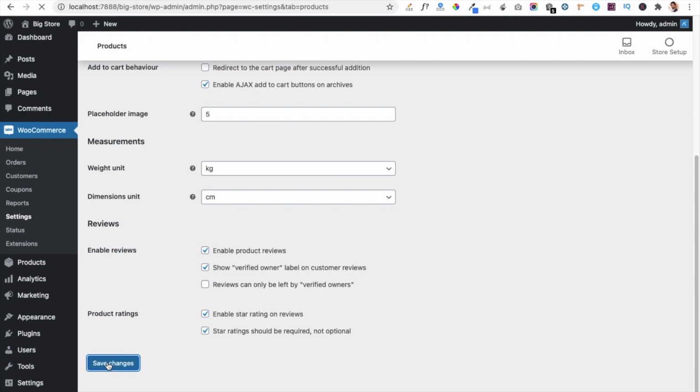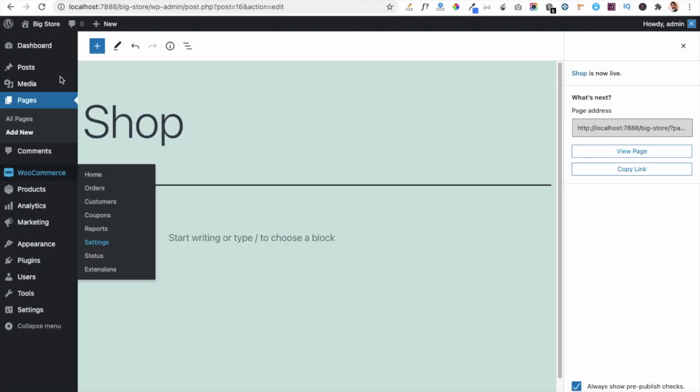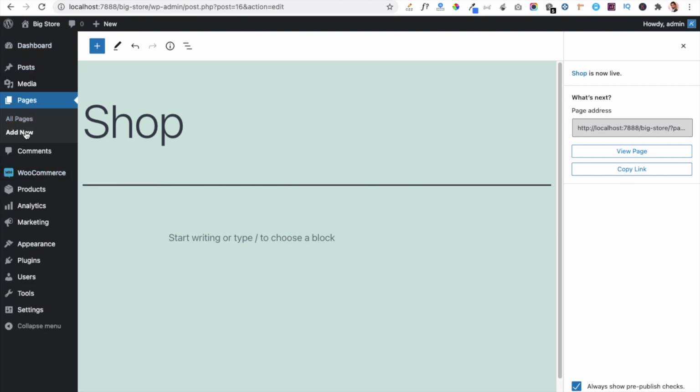Now we have two pages remaining which are essential for our WooCommerce website, that is a cart page and a checkout page. Now let's see how we can create those two pages also. Just go back to the pages section and click on the add new link.